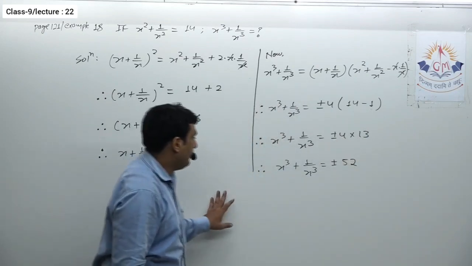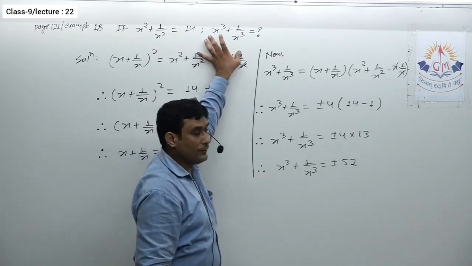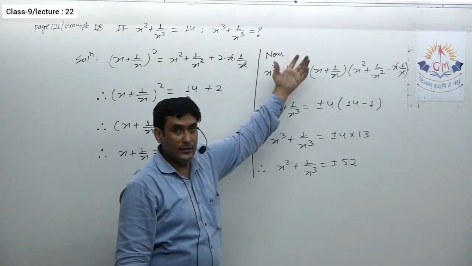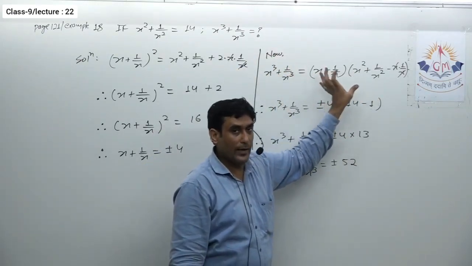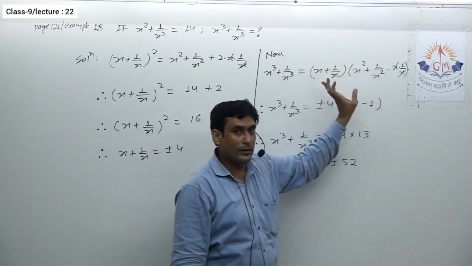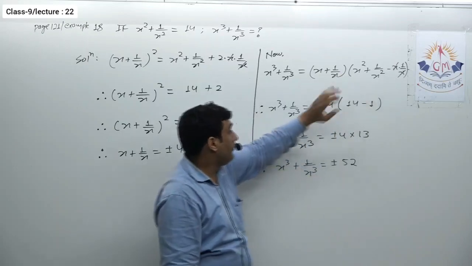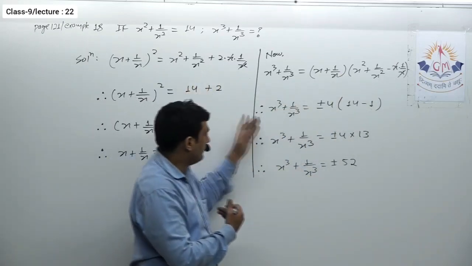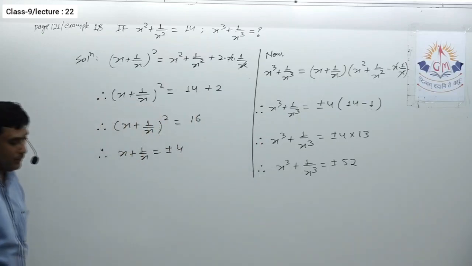Okay, so I hope this is clear to you. In every question of this type, first you have to write the identity, you have to decide which identity you are going with, and then you have to check what particular expression in that identity is already given and what we need extra, and then finding that extra by applying another identity, we can find our answer. So please note it down.